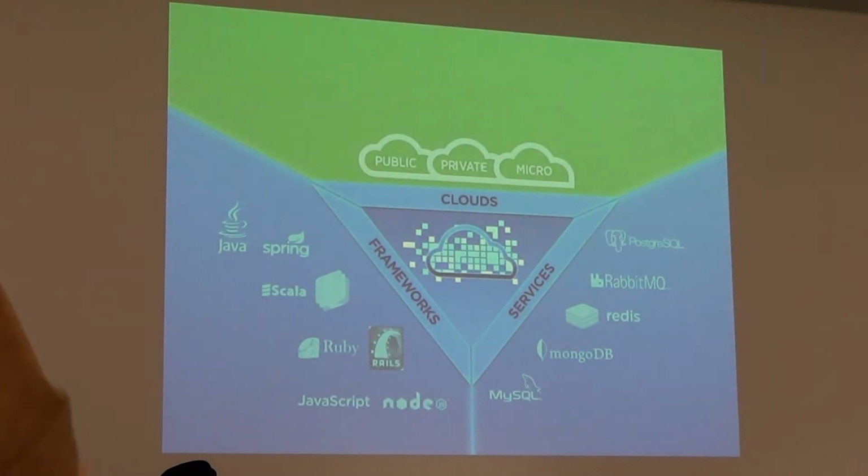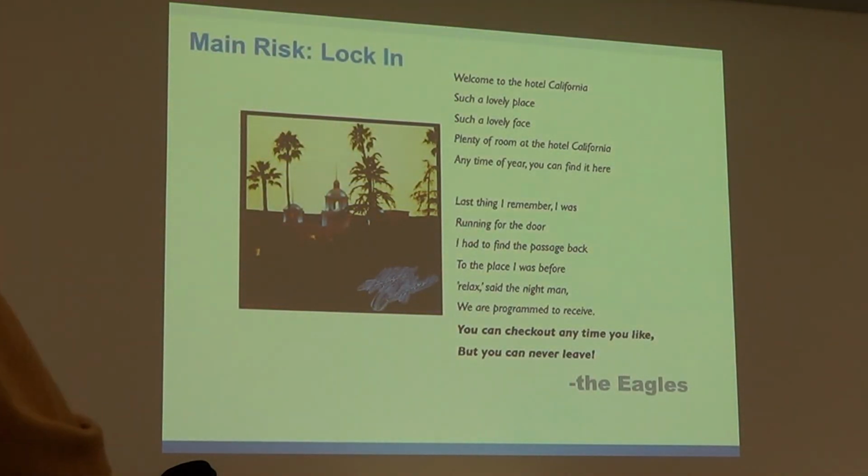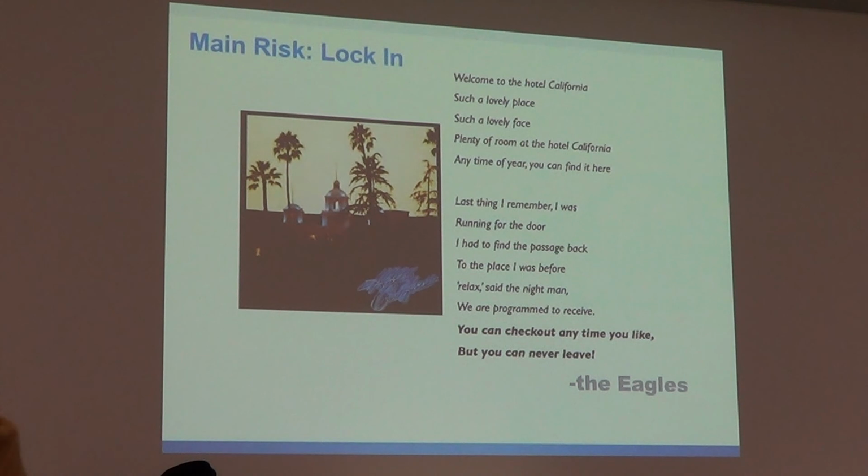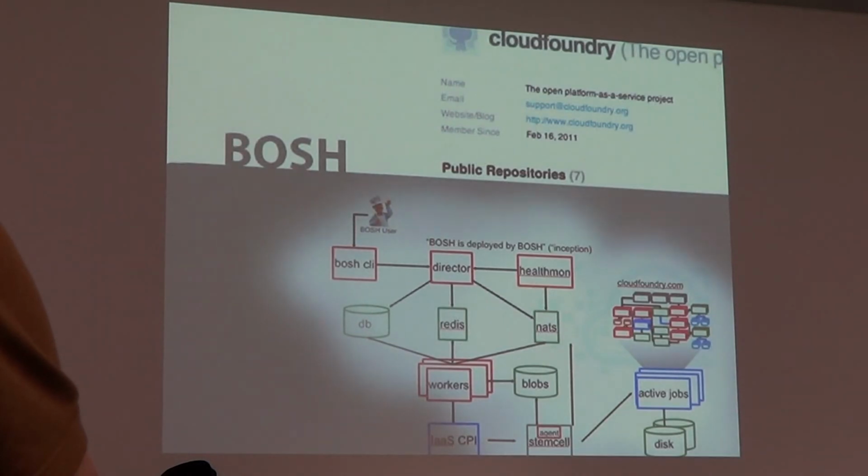So then on the cloud part, we have the public cloud, the private cloud, and the micro cloud. And what is that? So what is the main problem you have if you use something like Cloud Foundry? You will end up in the Hotel California, right? It's very easy to start, you do VMC push, you have your app there, it's running, nice, you can show it to your friends, but then you are tied to using what we offer. And the idea is to have something that is open, that everybody could run if they want in their own data centers. So Cloud Foundry, you can find it on GitHub,